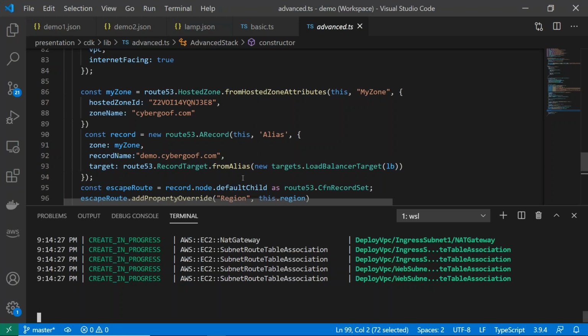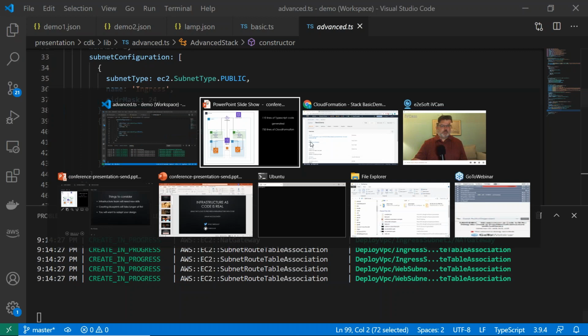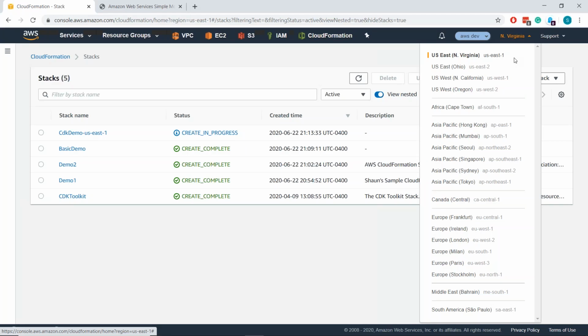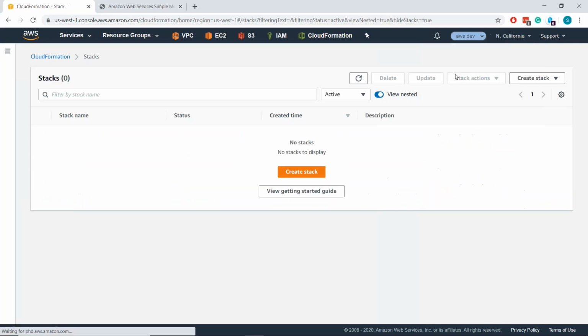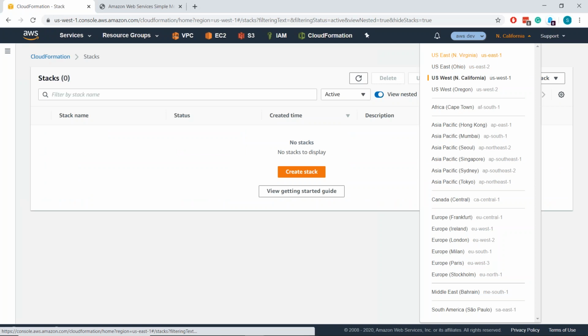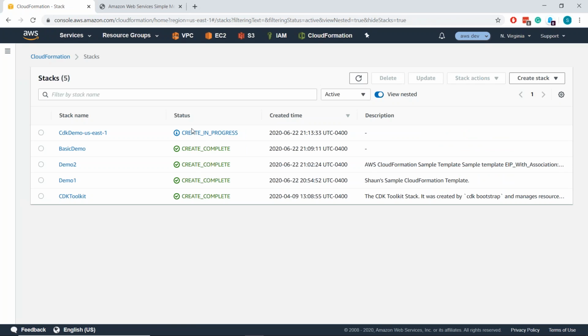It should be deploying right now. It's deploying on the East Coast. It's probably not deploying on the West Coast yet because it's going to deploy East Coast first. So it's going to take a few more minutes, more than I'm going to make you sit and wait during a demo, because that would be boring. But you can get the idea of what it's deploying.